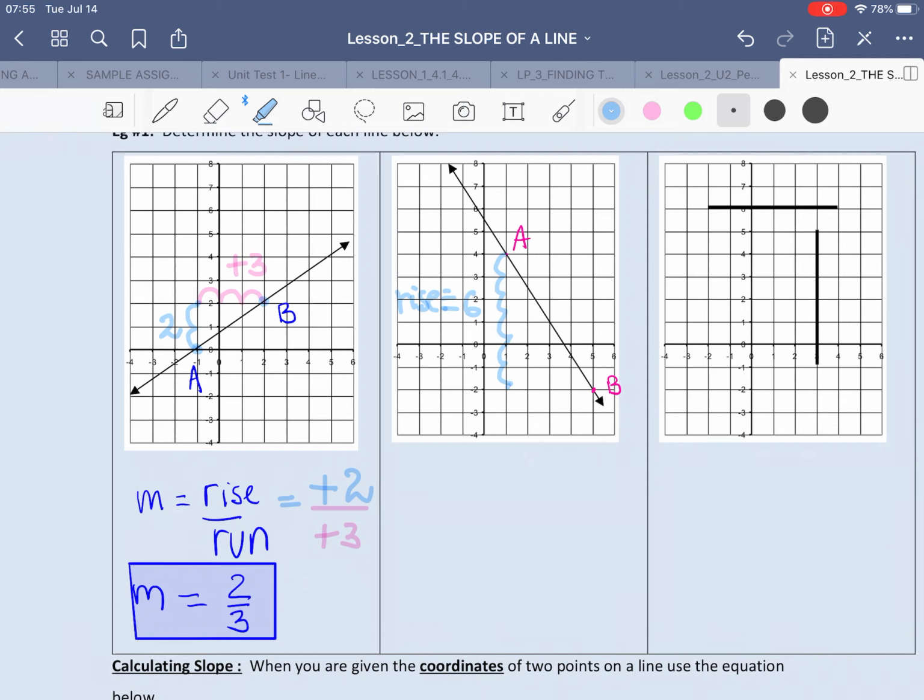Now from this point where I've landed on, I have to move horizontally to get to point B. So I have to move 1, 2, 3, 4 units. So that means that I'm running 4 units. The next thing that you want to think of is, am I running towards a positive or negative? So it's positive, so you write +4. So in this case, we will say that the slope, which is rise over run,